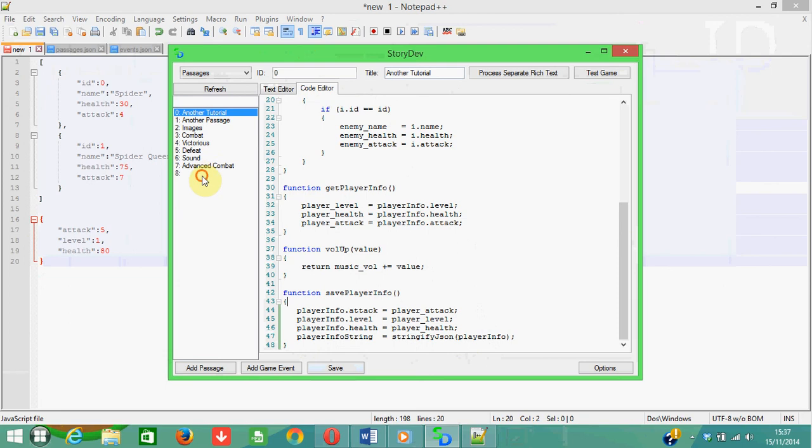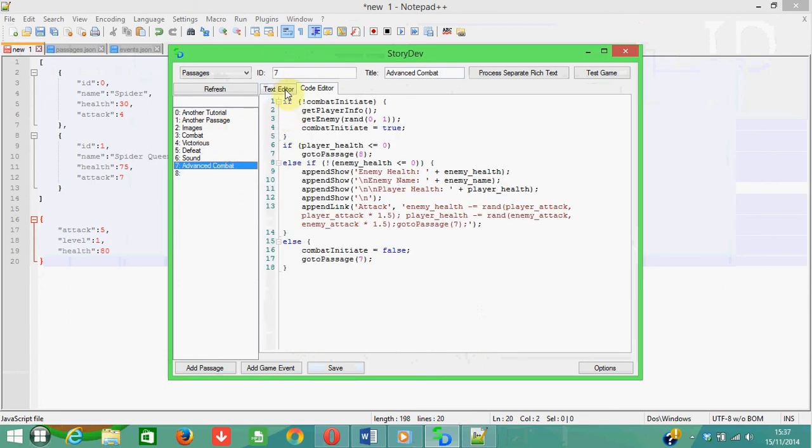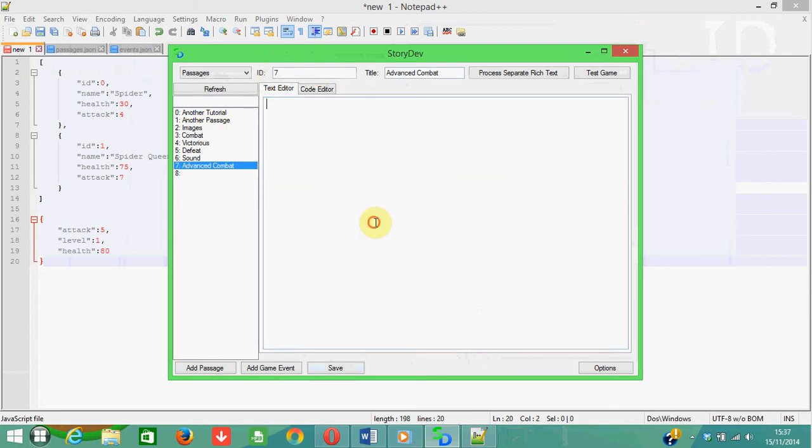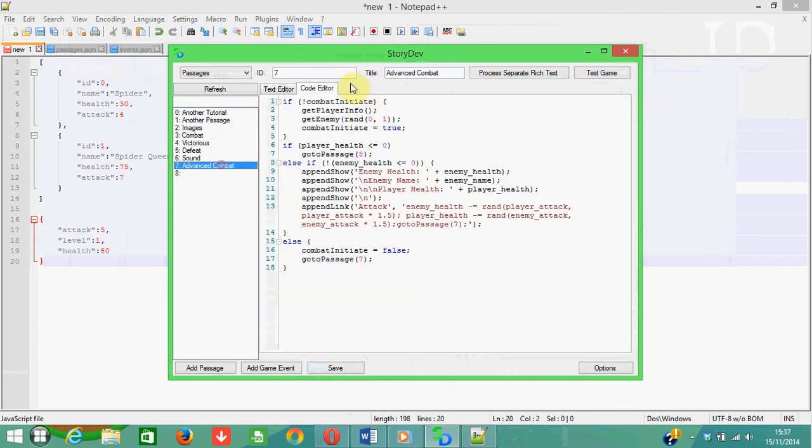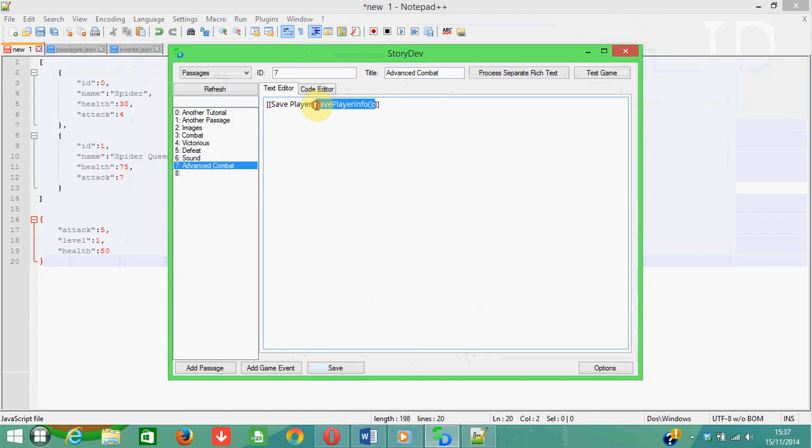So what I'm going to do is in advanced combat, I'm going to save player, and then do save player info. I'm going to save that. If I go back over here, make sure that the function is actually correct. So it certainly does look that way, doesn't it? So if we go back here, just paste that. Yeah, that seems fine. Okay. So we're going to save this,